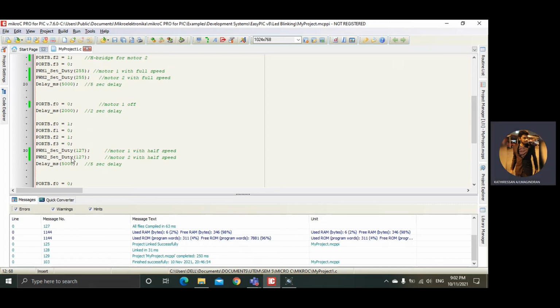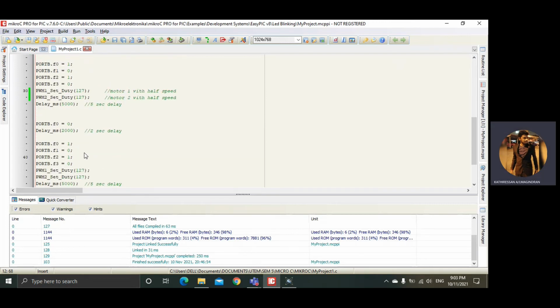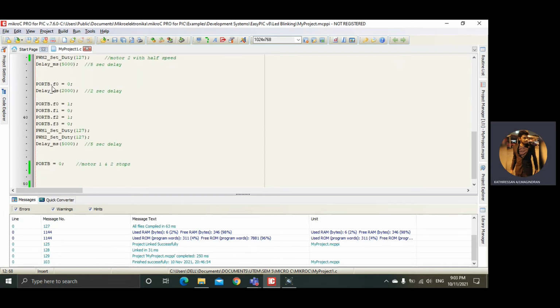But this time, motor 1 and motor 2 will rotate clockwise with half speed, which is 127, for 5 seconds. After 5 seconds, PORTB.F0 will become 0 again for 2 seconds, which means motor 1 will stop and motor 2 still runs clockwise and makes the robot turn right.